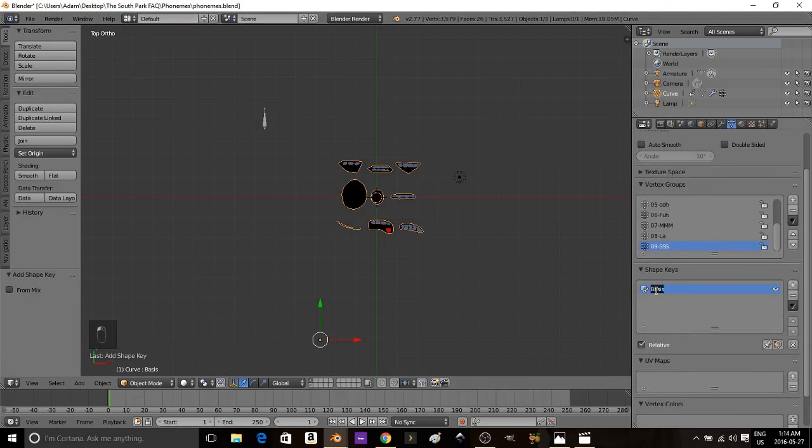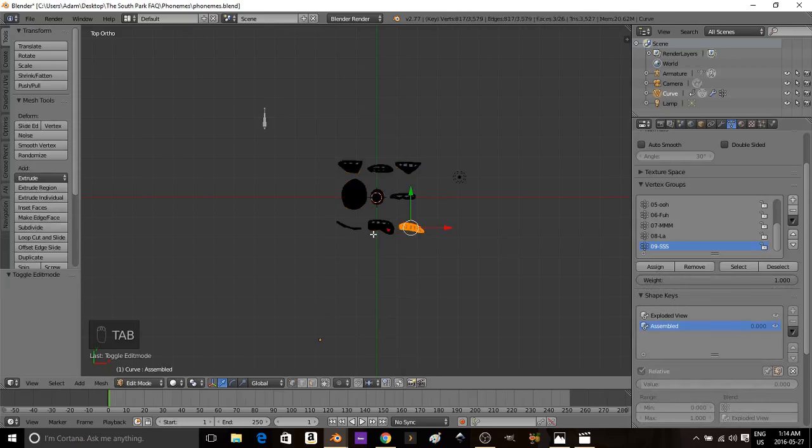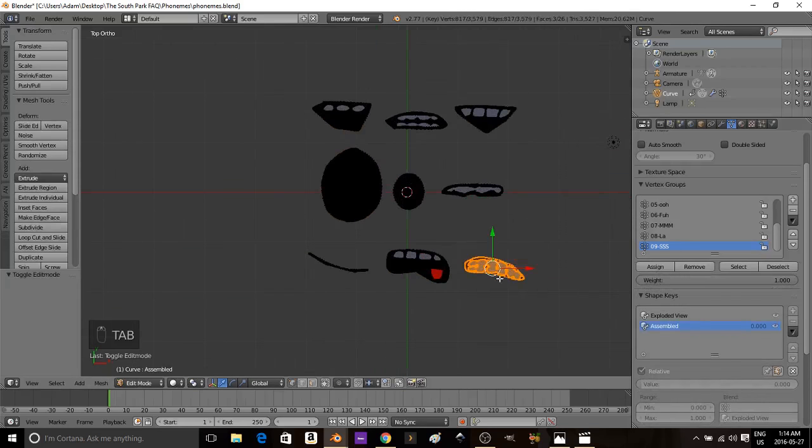So the first shape key is going to be exploded view. And those of you who are not familiar with exploded view, if you're dealing with blueprints or fixing engines or something like that, they always present you with an exploded view to show what all the parts look like next to each other. So next thing we're going to do is assembled. And for that, we're going to go into edit mode, and I'm going to highlight